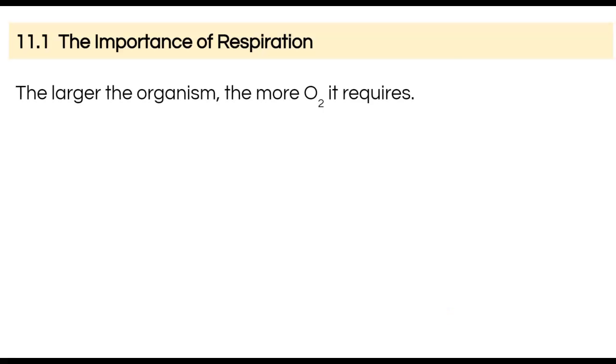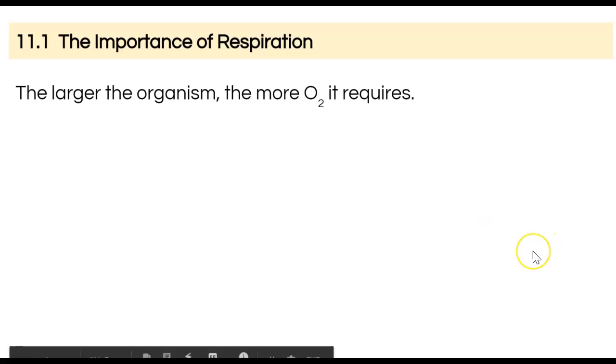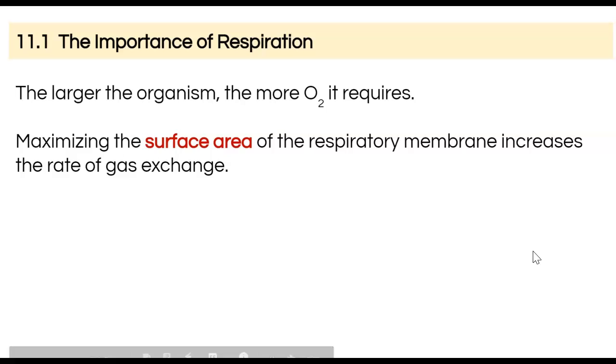Okay, so some other little tidbits to tie things together. We know that the larger the organism, the more O2 it requires, right? And you might be thinking, well, that makes sense, right? But why does it make sense? I'm hoping that what you thought about was that, well, larger organism, more energy needed, right? Or larger organism, more cells, right? And so, in order to get enough oxygen in fast enough, we need to have structures in place to maximize